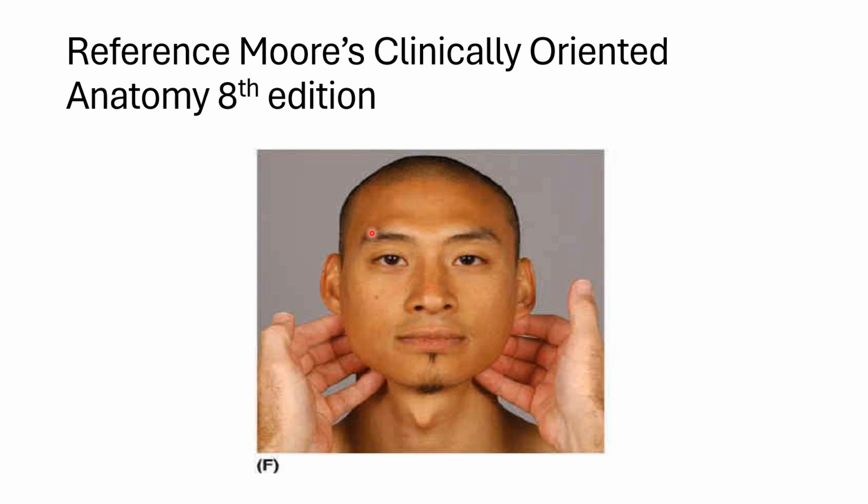Now another thing that they can ask you is the palpation of, at least you should know the places of, the lymph nodes in the cervical area. These are very important, and this is how the palpation of the submandibular lymph nodes is done. In this picture you can also see the facial features of this person, and also you can see the Adam's apple. This is the Adam's apple.